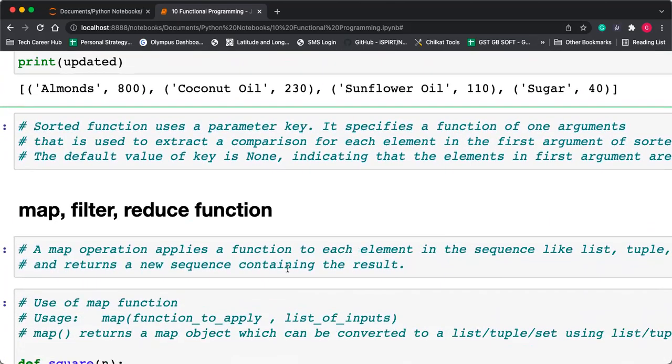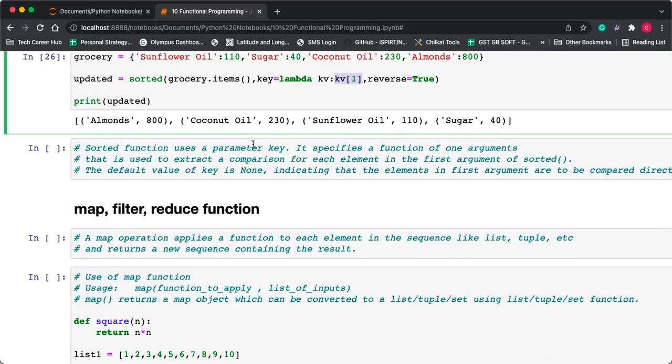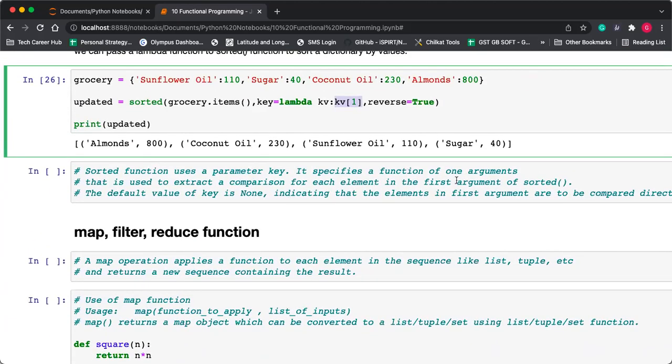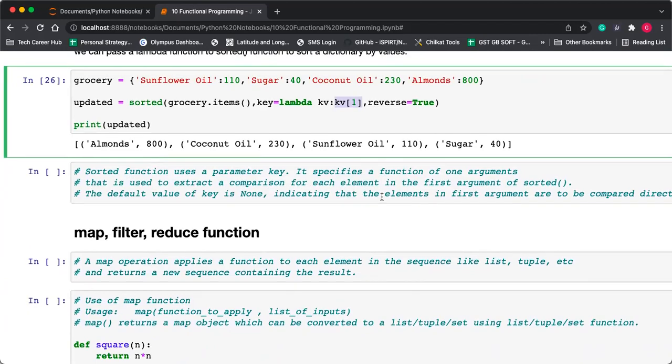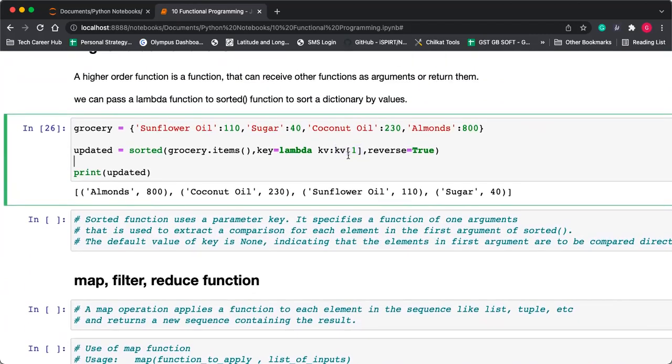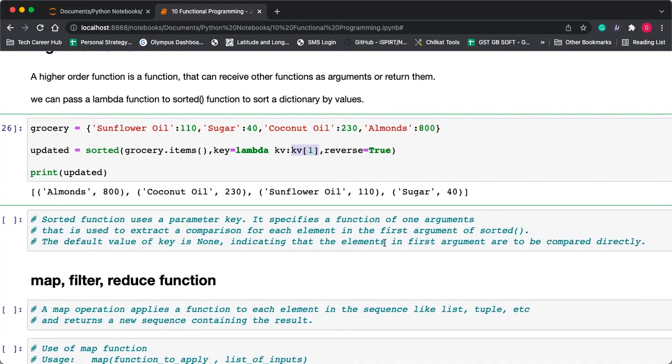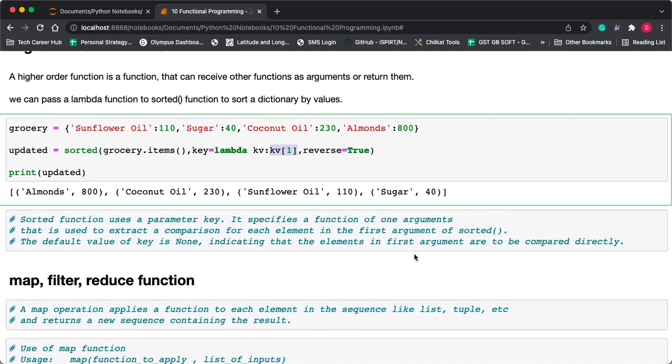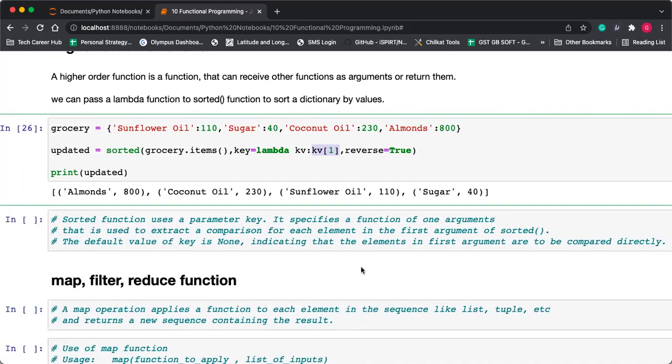Okay. So the sorted function uses the parameter key. It specifies a function of one argument that is used to extract the comparison value from each element. So which argument has to be taken for the comparison, the key or the value? The default value of key is None, indicating that the elements are to be compared directly.